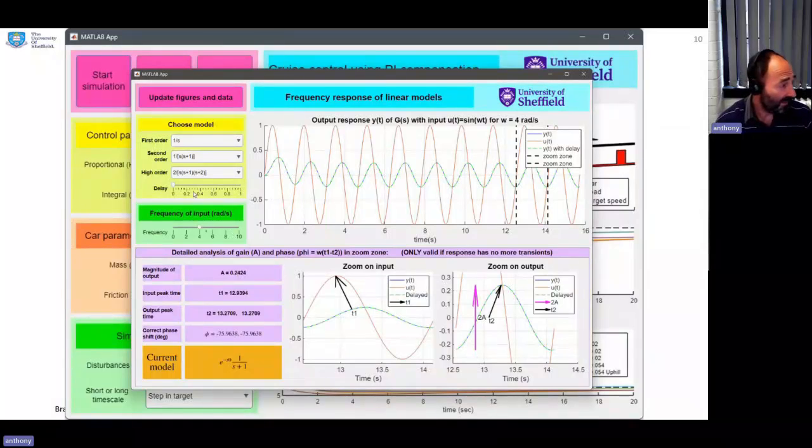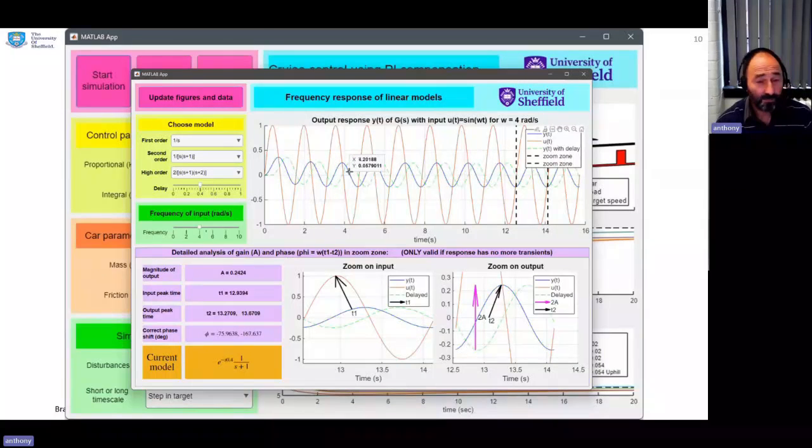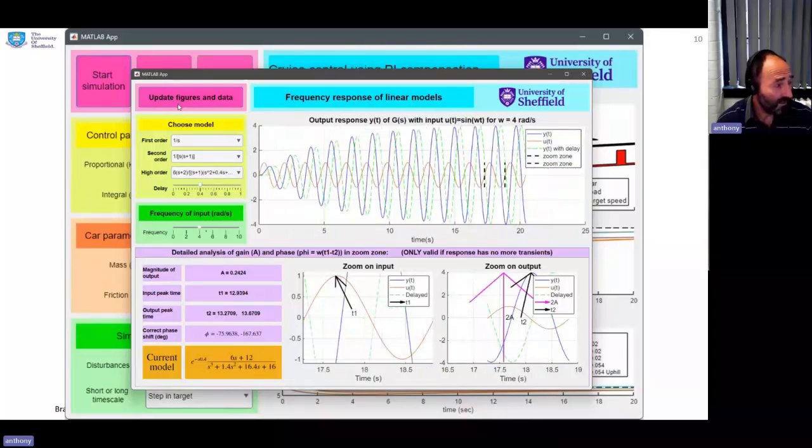You can add a delay. What happens if I add a delay? And you'll see there's two curves. There's with delay and without delay. So students can see what's the impact of a delay on the gain and the phase. You've got a number of different systems you can choose, different types. It's relatively limited. You can see that that one is giving very different behavior, but it's another example of a